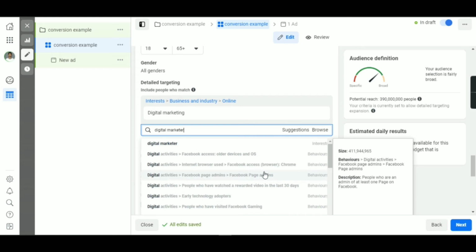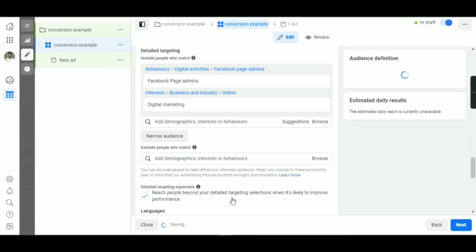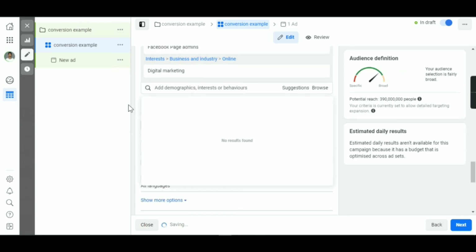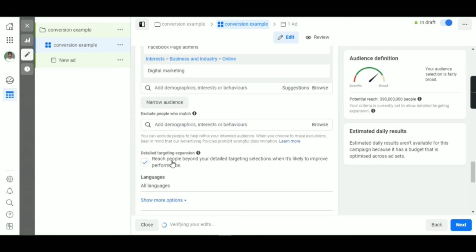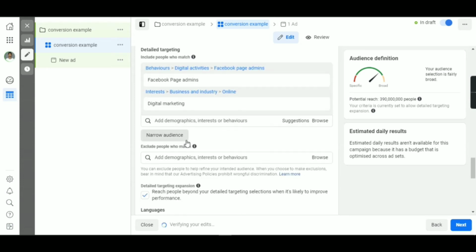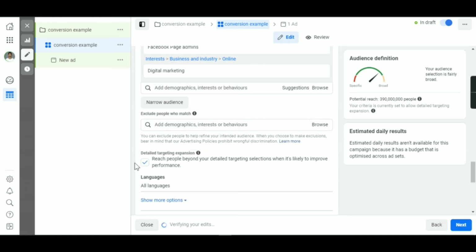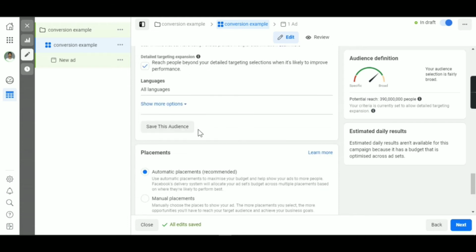This is a behavior. Also, I can exclude people whom I don't want. You can choose the exclude button and this will come up. I have kept this box checked. It will reach beyond your detailed targeting selections and it will help you improve the performance.